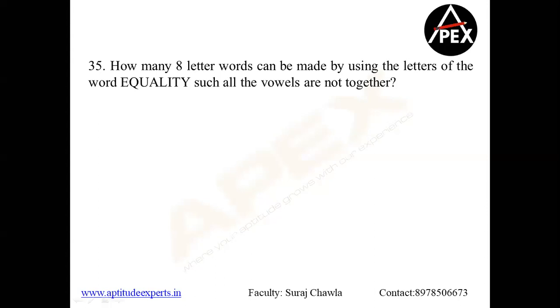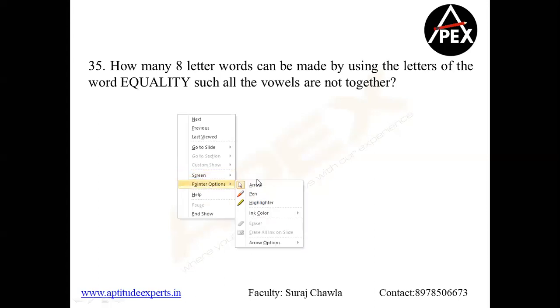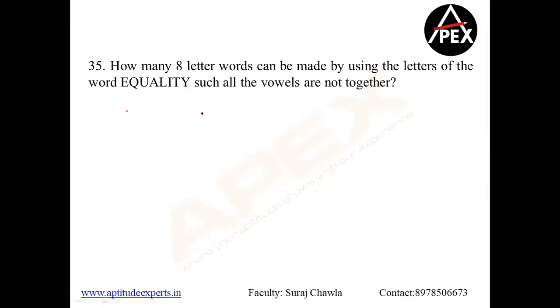Now all the vowels are not together. Now when I say all the vowels are not together, which means simple, it's total number of cases minus vowels being together. Clear? So because understand my total 8-letter words will be the words where vowels are together. Clear? So all the vowels are not together. All okay. All the vowels are not together. Please understand we can have a case where you have E, U, A together and I is some other place.